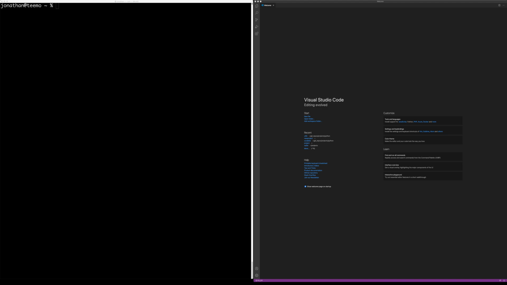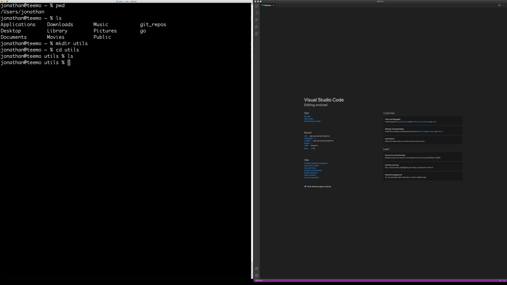Okay, so we're going to start in the terminal. Right now, I'm just in my home directory. If I list the contents, there's nothing here that is private or you can't see. I'm going to go ahead and make this project. For what it's worth, most of my projects, since I check them into revision control, I put in this Git repos directory. But for this project, I'm just going to start it right here. We're going to call this utils. In the future, if I create anything else that is basically a utility, I'm just going to add it to this utils project. But for now, inside that utils directory,